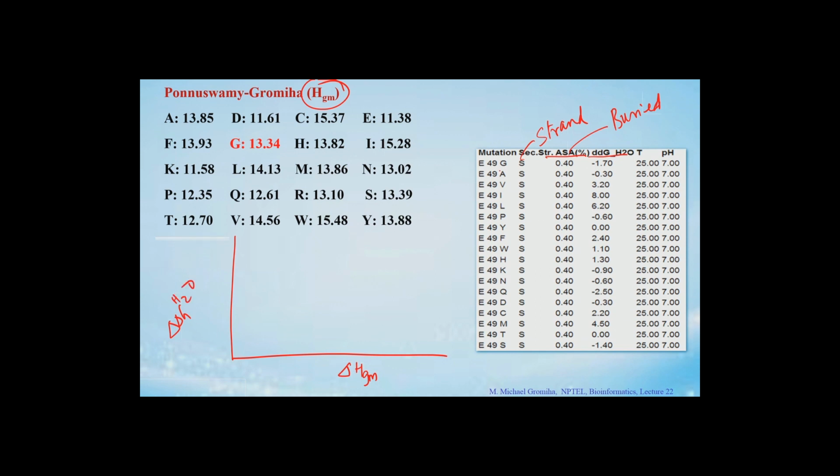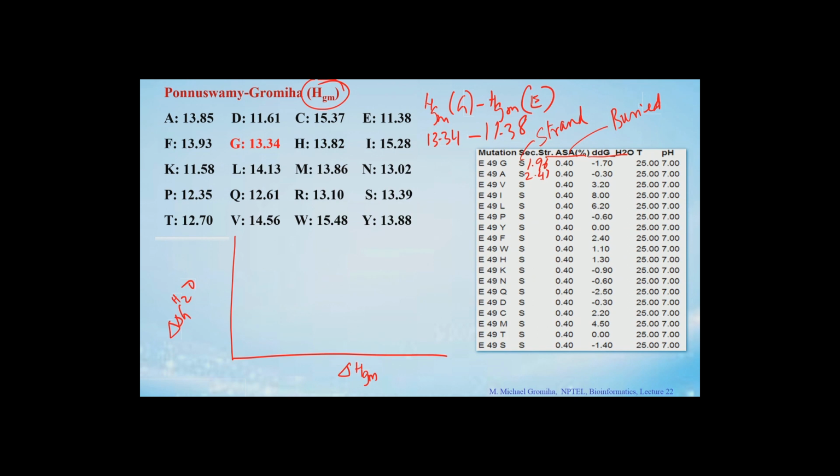So, for example, we take the first mutation. What is the first mutation? E49G. So, how to get the values? HGM of G minus HGM of E. So, what is G? 13.34 minus what is E? 11.38. What is the value? 1.96. For this case, the value is 1.96, right. And the second one is 2.47